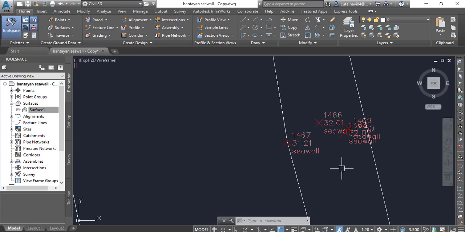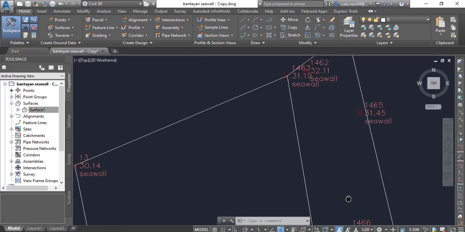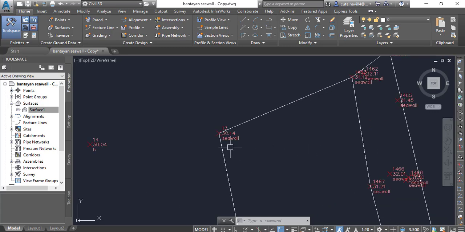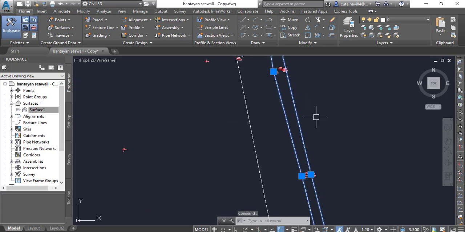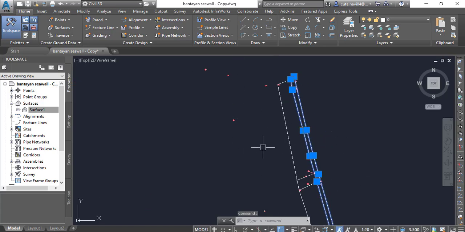But now I am going 2 meters high from this elevation, because I don't know if there is some seawall already designed or if they have just been demolished, so I am designing something a little bit higher before. So we have 32 maximum for now. So for this step I will go 2 meters